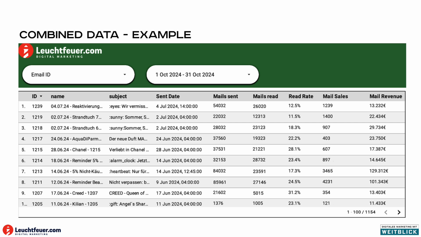We did that using UTM parameters. Also, on top, we have 2 selectors. The first one, date range, is nothing fancy, but the second one, email ID, let the customer track which emails exactly did which revenue, and also filter for email campaigns. If they had, like, 4 email campaigns regarding Christmas, or sent out 8 emails regarding Black Friday, we could even